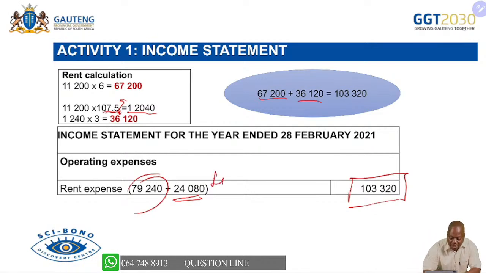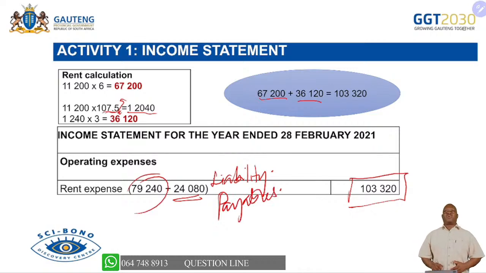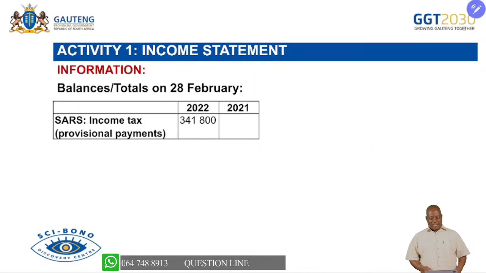So what does that mean? It means this is a liability. And if it is a liability, it goes under payables if we are going to go to the balance sheet. But remember, for now, the income statement is the name. Let's move on. SARS income tax,